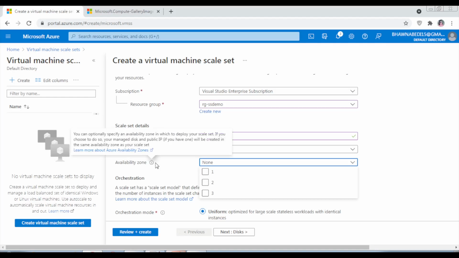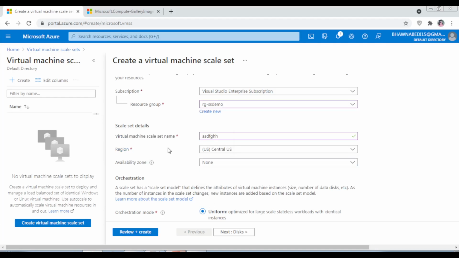And in the PPT, I told you that you can choose the availability zones, right? If you have any doubt on any option, do click on this eye icon whenever you are using the Azure portal. It really helps. So if you want to define any availability zones specifically for your virtual machine scale set, you can do that. For now in this demo, I don't want to do that.